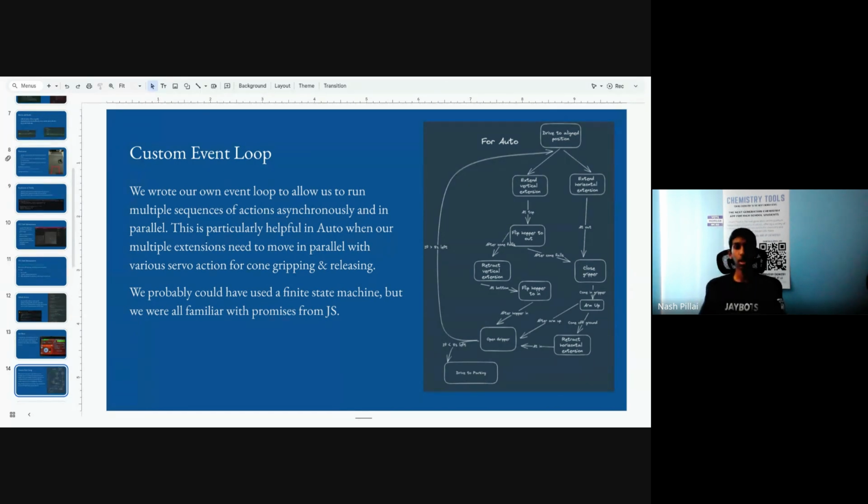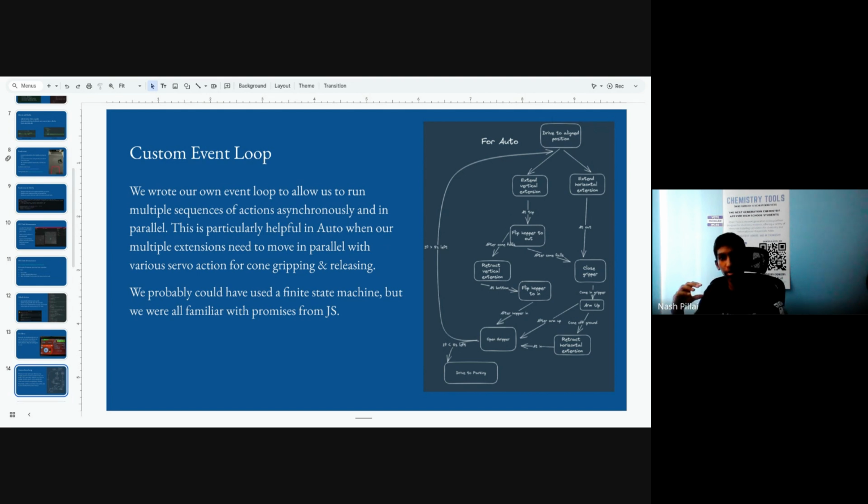It would have been very hard to do in Java, right? Because we wouldn't have had first class promises. I mean, not first class functions. So we wouldn't be able to pass a function into another function and keep track of all the actions that need to be done. But with Kotlin, we're able to write a function for each of these steps, and then pass that into another function with information about what it depends on. And then that other function has logic to know when all the prerequisites are met and it's ready to run. Then, okay, now you can